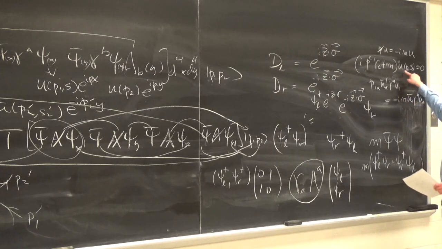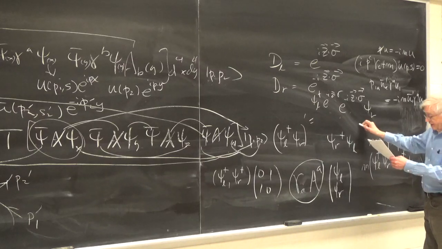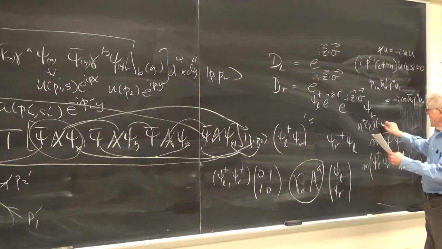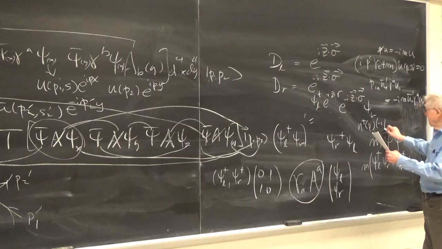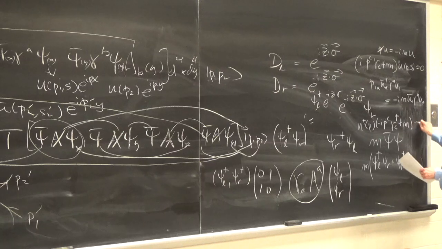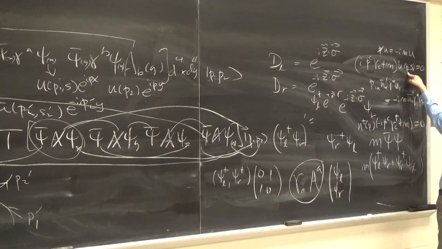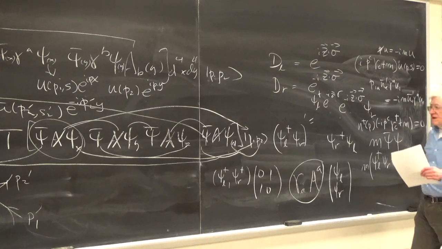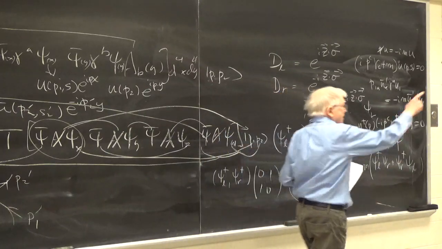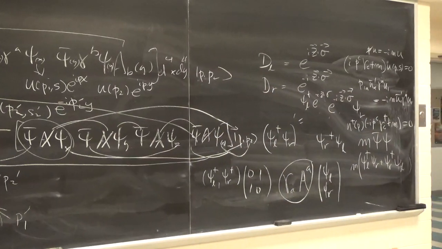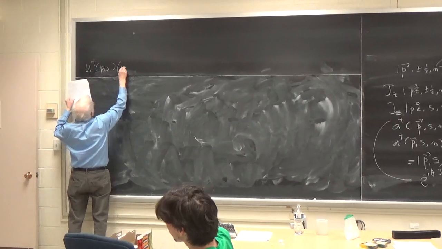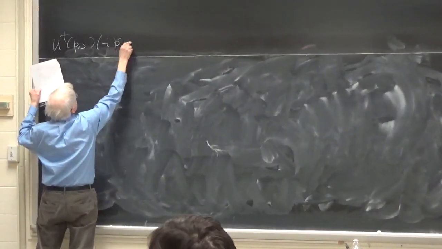And then if you take the adjoint of this equation, what you get is u dagger of p, s doesn't matter here, minus i p_c gamma_c dagger plus m equals 0. So that's the adjoint of the Dirac equation in momentum space. But on the other hand, remember, all right, I'm going to use this board. Can you move the camera a little bit? What we would have would be u dagger of p and s minus i, let us say, p_c gamma_c dagger